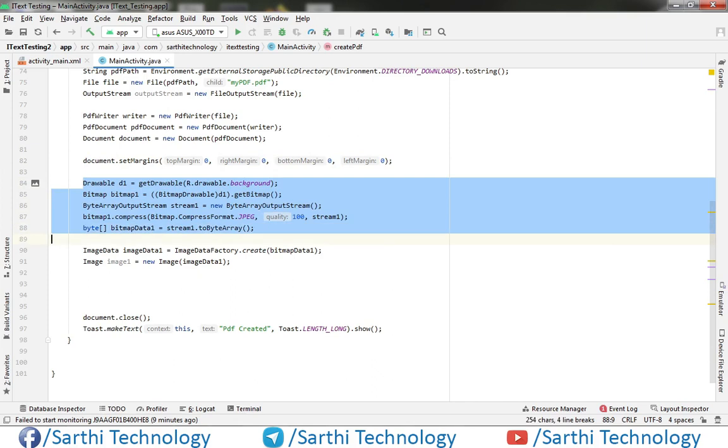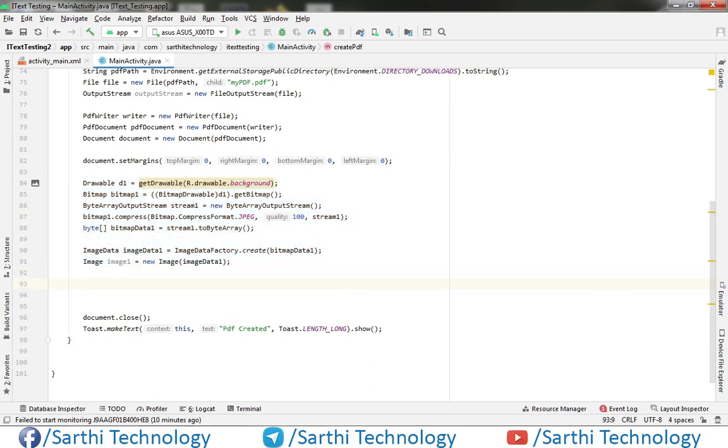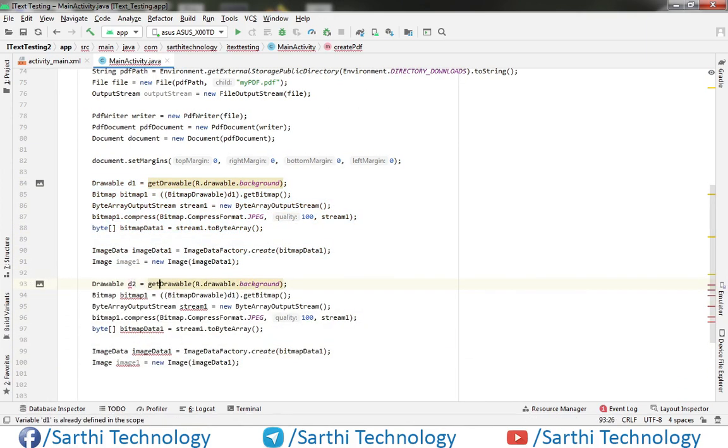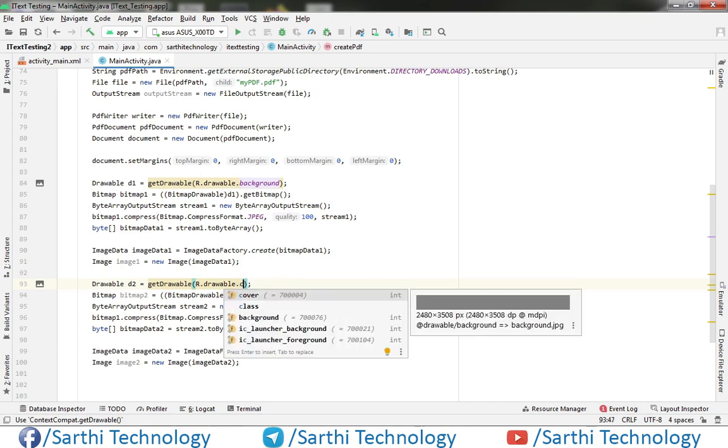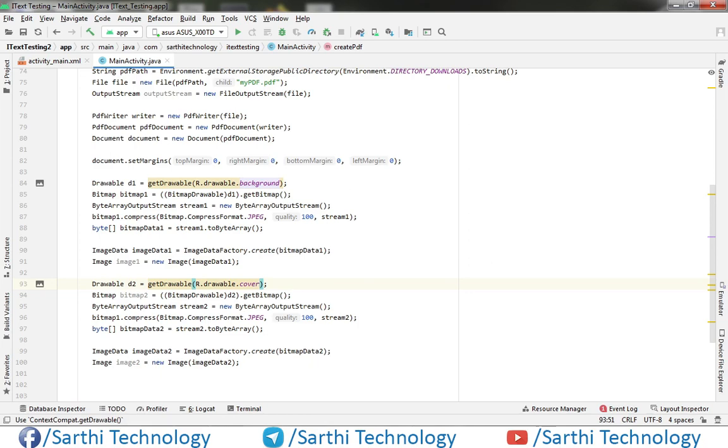Okay, so now we have both images. Let's change this drawable dot cover. Now we have both images.